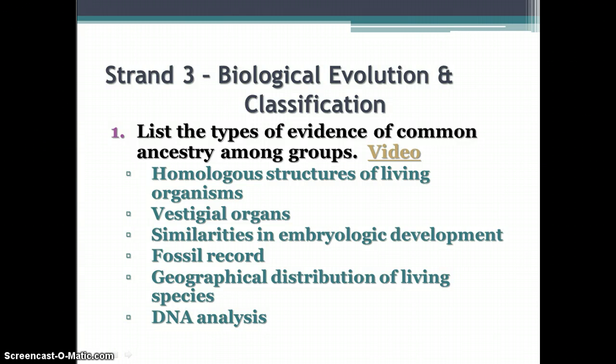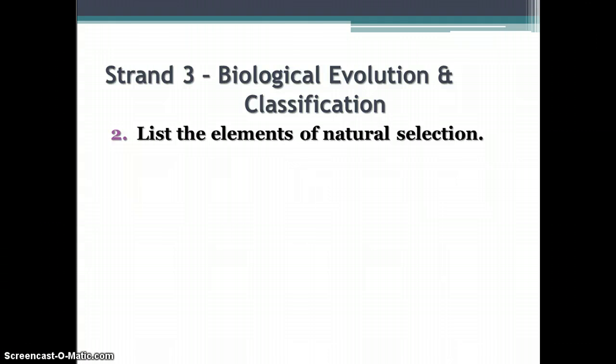There's also a video about evidence for evolution that shows some good pictures, and I will post it separate from this presentation. Next question says list the elements of natural selection. So these are the parts of Darwin's law, basically, Darwin's rules. There's a struggle for survival. Remember that